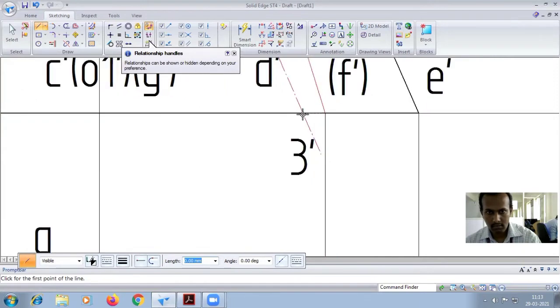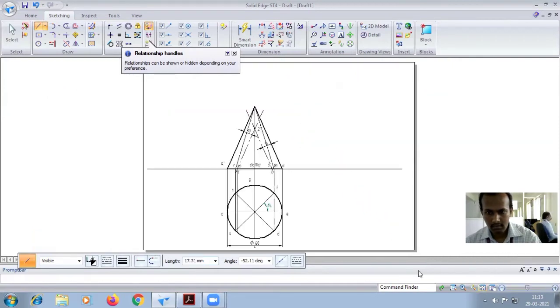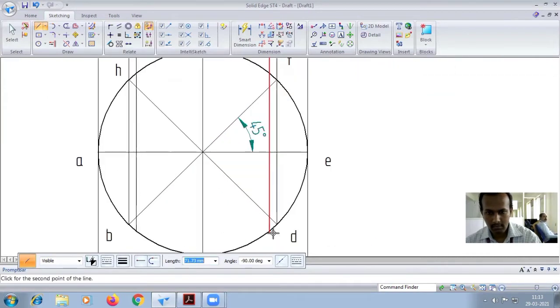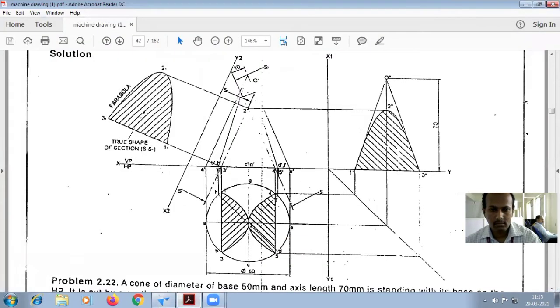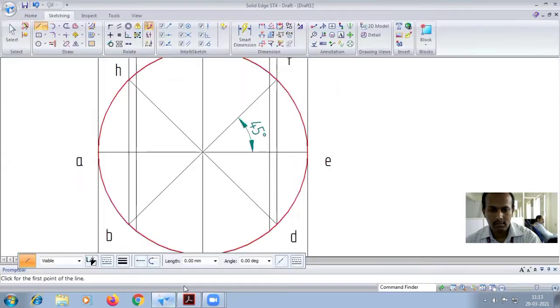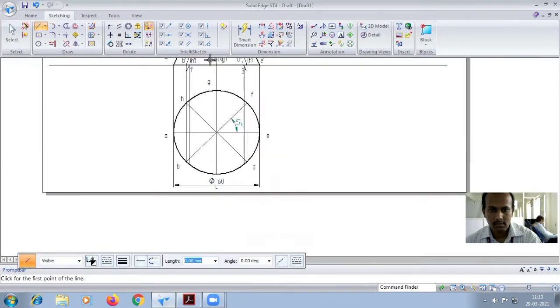Select point 3. If it is not selected, zoom in, choose the intersection point and project it downwards, a straight line up to the circumference of the circle. After this, point 2 is exactly set at the center. So now we can look at the diagram. On the circumference, 2 points are cut.